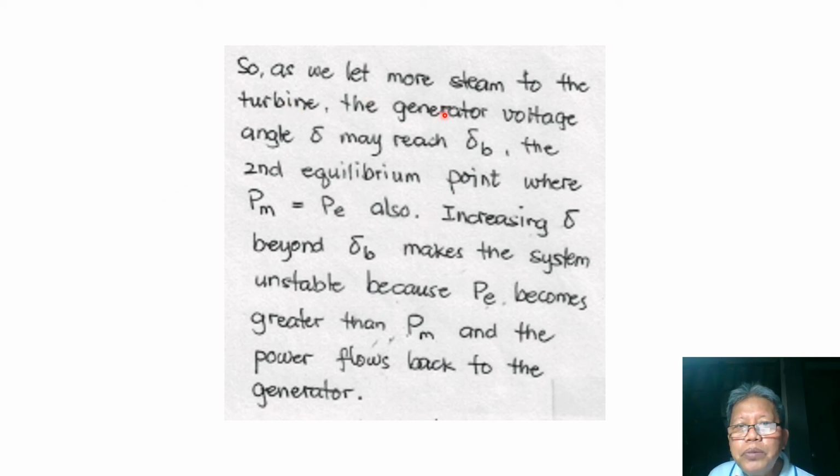So as we let more steam into the turbine, the generator angle delta merges with delta B, the second equilibrium point where PM is equal to PE also. Now increasing delta beyond delta B makes the system unstable because PE becomes greater than PM and the power flows back to the